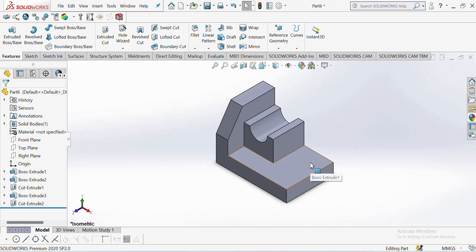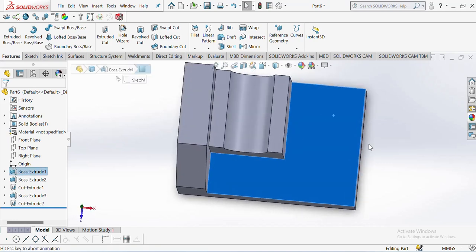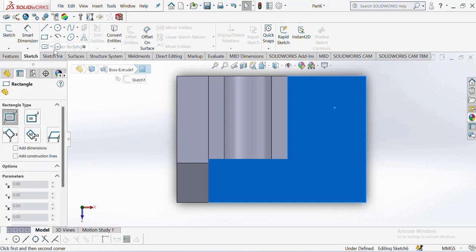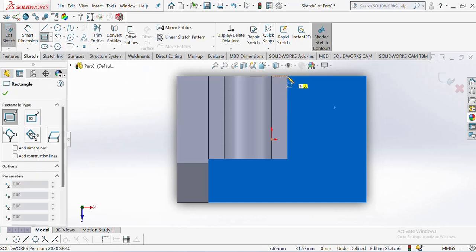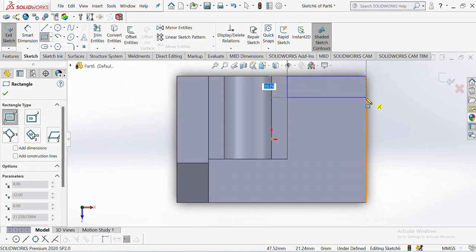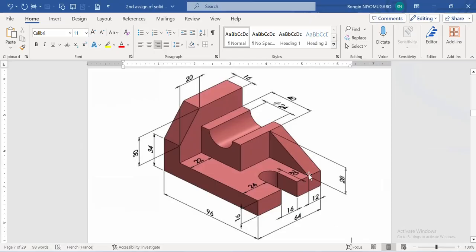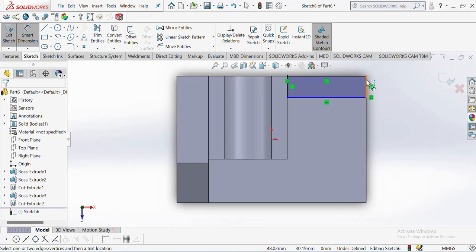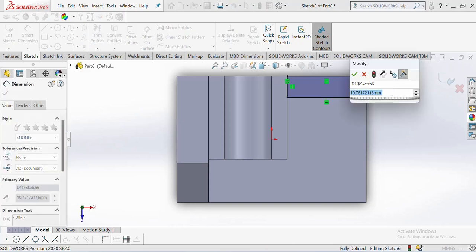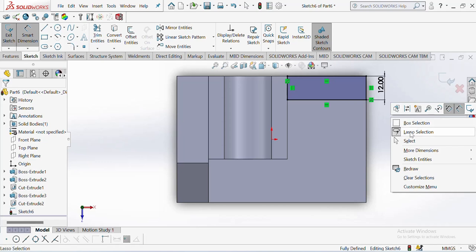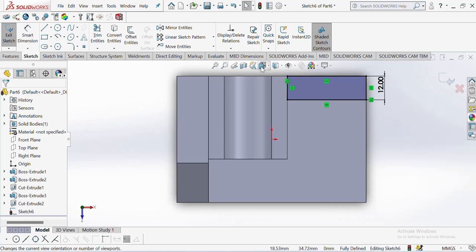Okay, features, normal, sketch, corner rectangle, start from this side up to this one. Okay, size is 12, same dimension of 12. Okay, isometric,